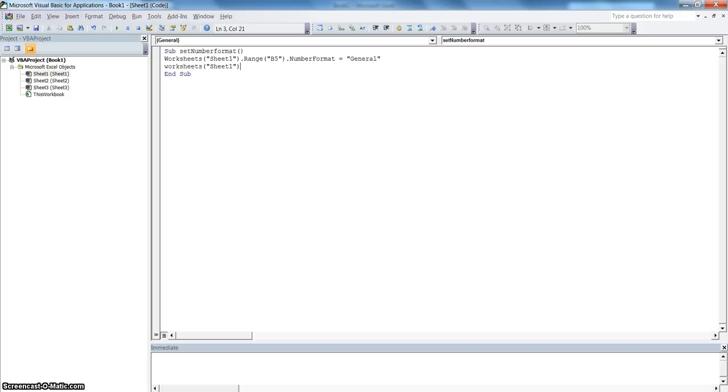Again, for entire row 1 we'll be writing the syntax like Rows and index number, the index number is nothing but the row number, dot NumberFormat equals HH colon MM colon SS. Now for changing the number format of entire column C, the code will be